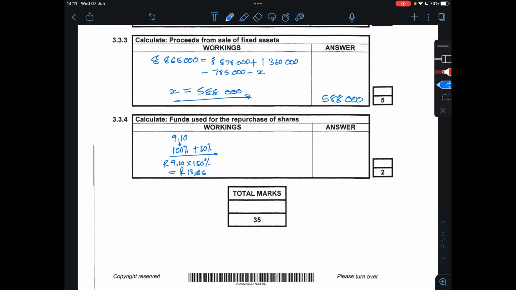13.65. Okay, how many shares did they repurchase? They repurchased 20,000 shares. All right, and then that gives you your answer of